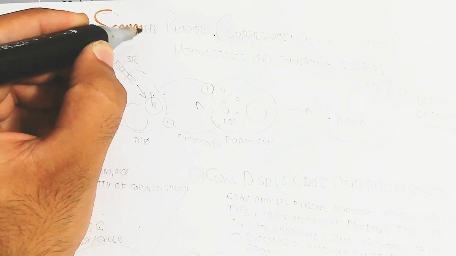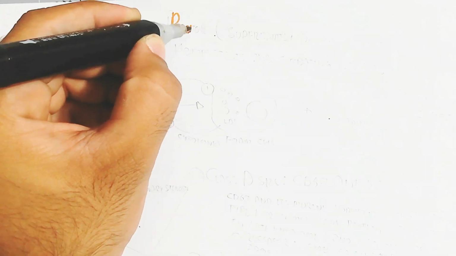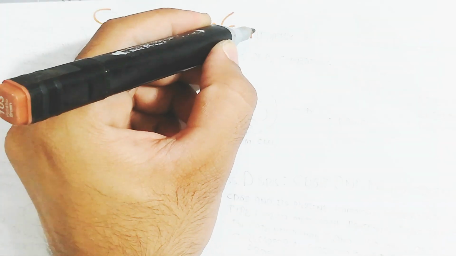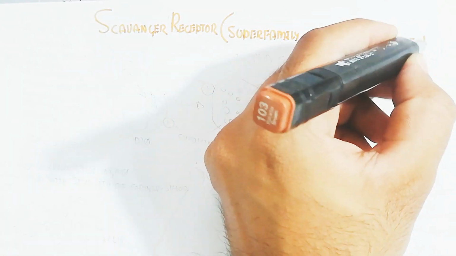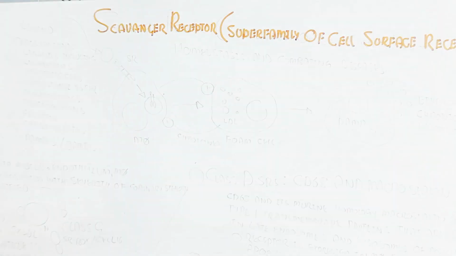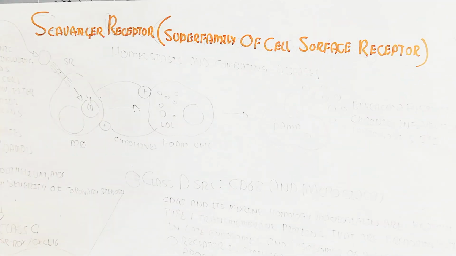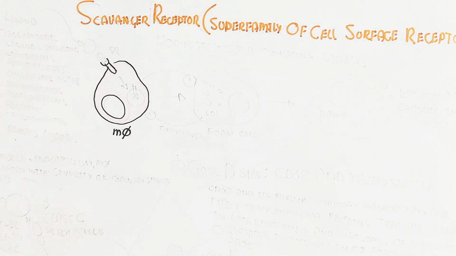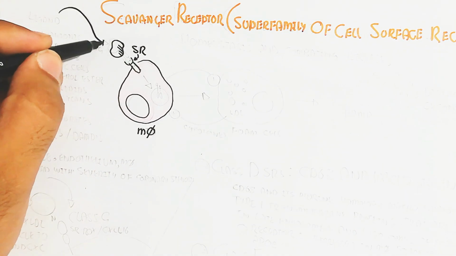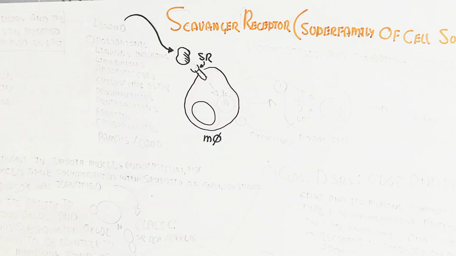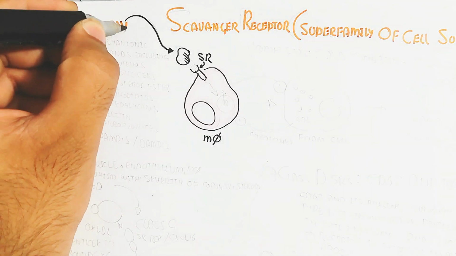Hello, Assalamu alaikum. In this video, we will understand about the scavenger receptor. What is the scavenger receptor? It is a superfamily of cell surface receptors used for homeostasis and combating diseases like arteriosclerosis. A special example is the macrophage, which contains a scavenger receptor, and the ligand will bind the